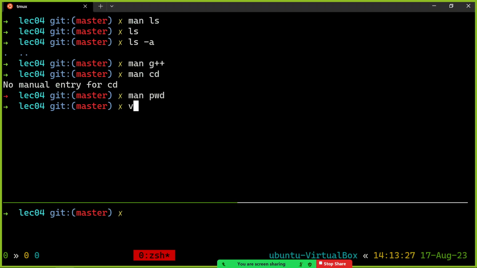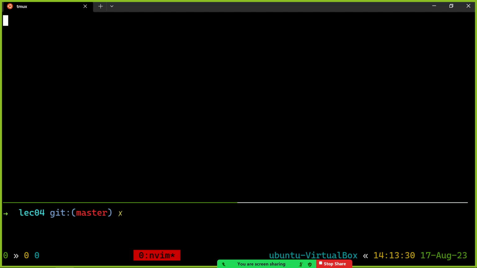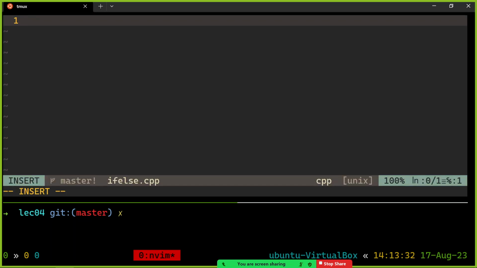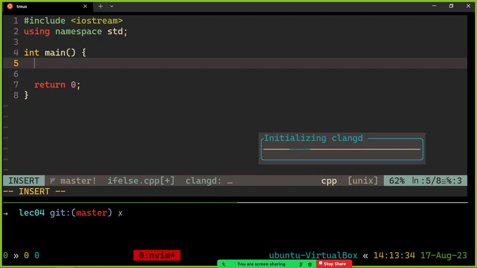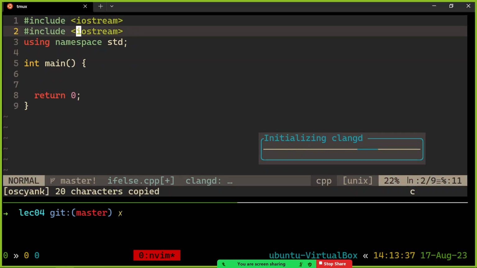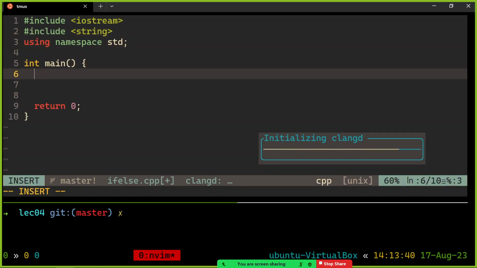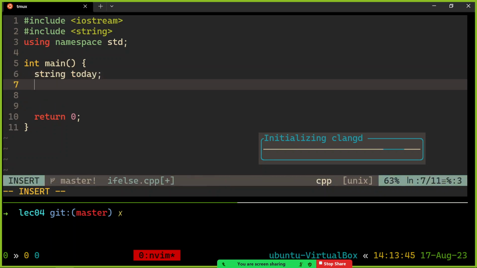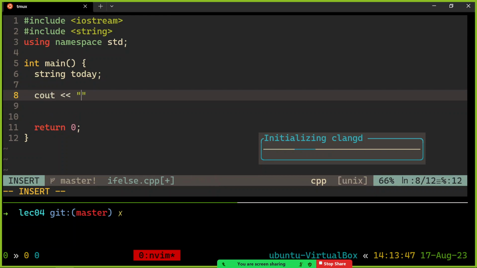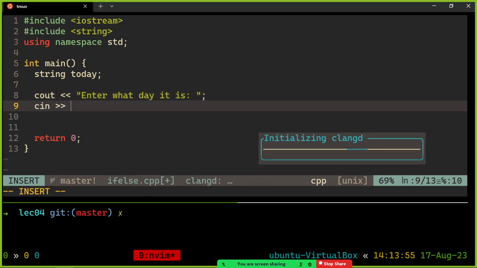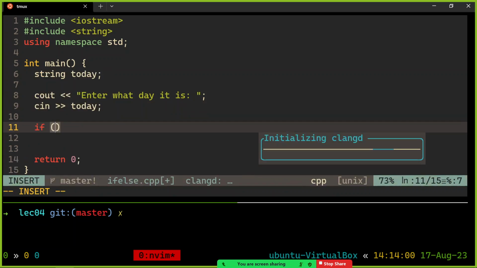So I'll make a new file called ifelse.cpp. All right, so let's get the day of the week from the user as a string. So I'm going to need the string library. I need to save away the day, so string today. Let's output first a prompt, "Enter what day it is, please, user: ". It's only a single word, so I can get it from cin, read that into the today variable, and then if today is equal to Wednesday,